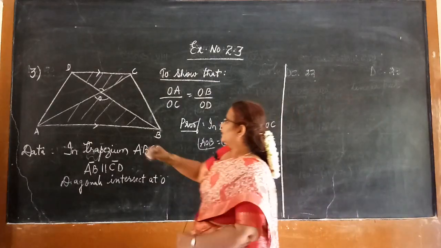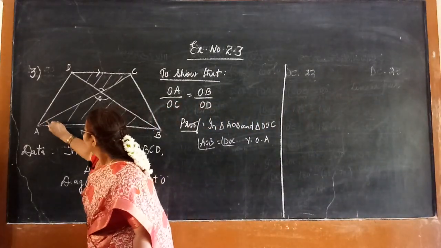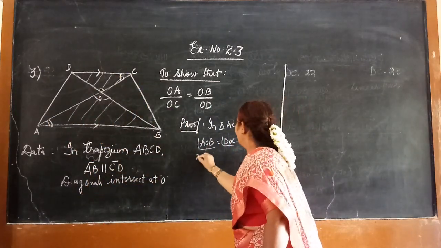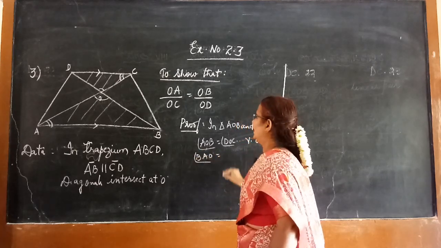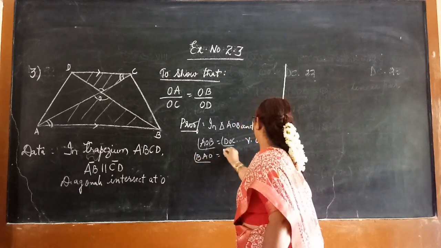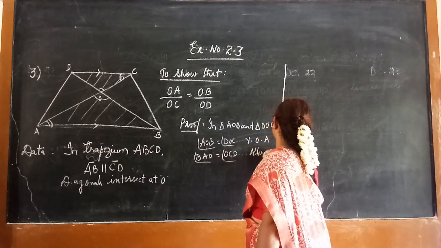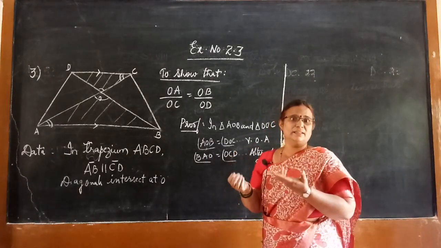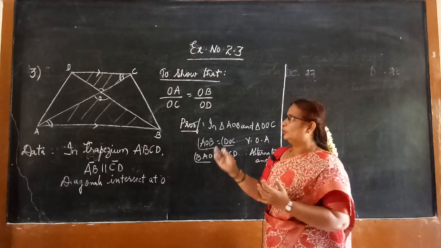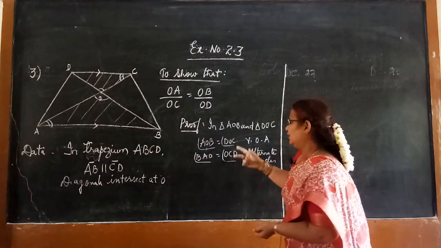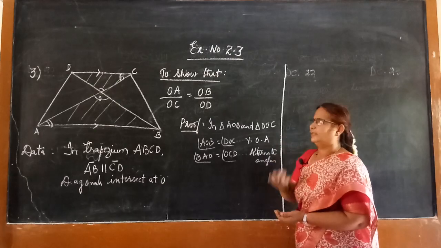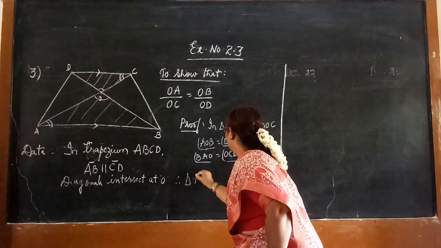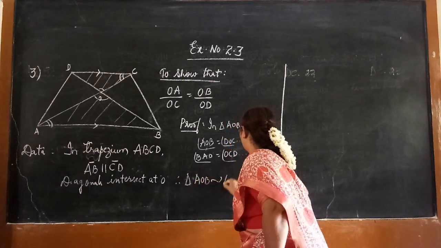Then one pair of alternate angles I can take. Go for Z. This angle. So angle BAO is equal to angle OCD. The reason is alternate angles. If any two angles are equal, then the third angle must be equal. You need not show the other pair of angles are equal. If you show any two corresponding angles are equal, it is enough, since the third angle is also equal. Therefore, triangle AOB is similar to triangle